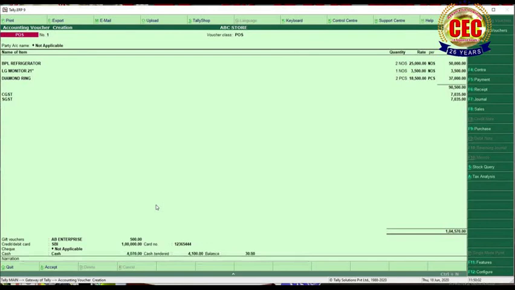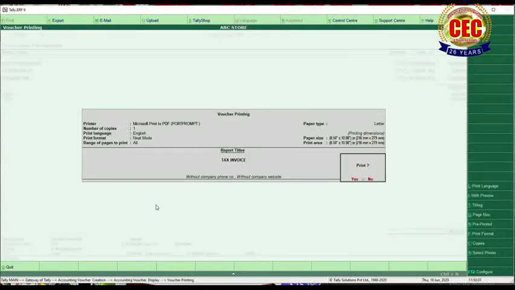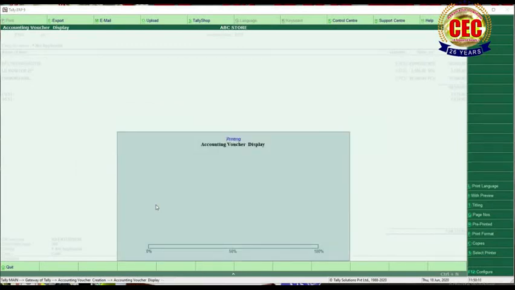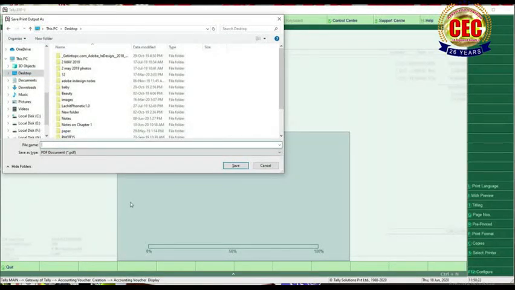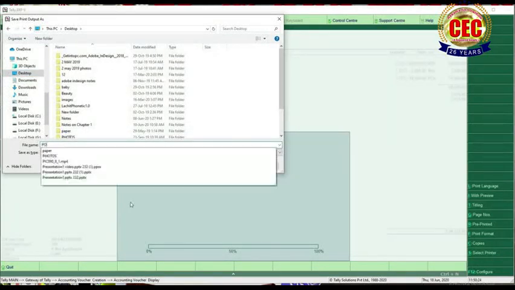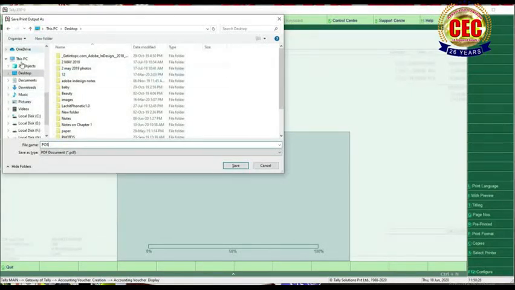When you accept, it will display voucher printing. If you want to print, just press enter key. So there is no printer, so it will come in PDF format. Save it.